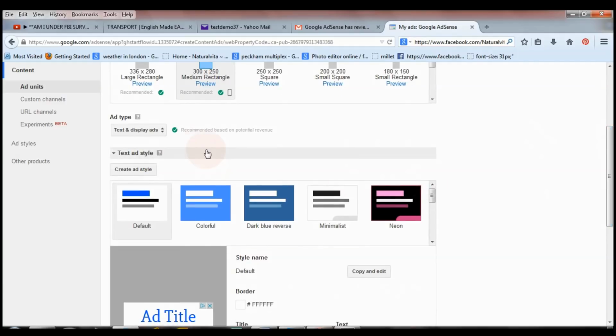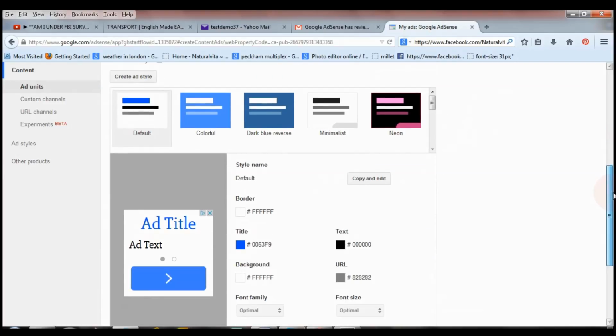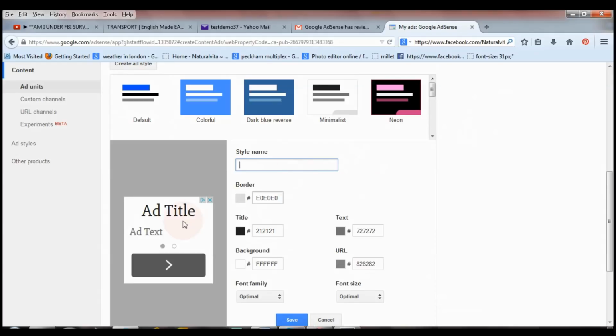And for this tutorial, I'm just going to choose text and display ad, which is something like this. Yeah, just text and display. Alright, and then you can also choose the color that you want, so let's go with minimalist. And then you can also customize your advert. I don't really spend time customizing it, but it is a good idea, especially if you've got a lot of traffic. You can customize it, and the way you do that is just click on copy and edit, and then